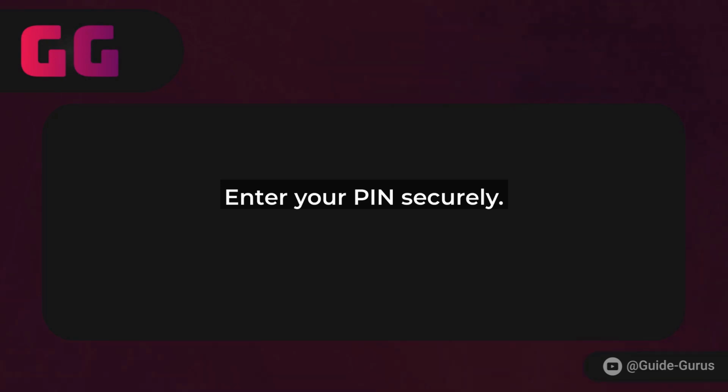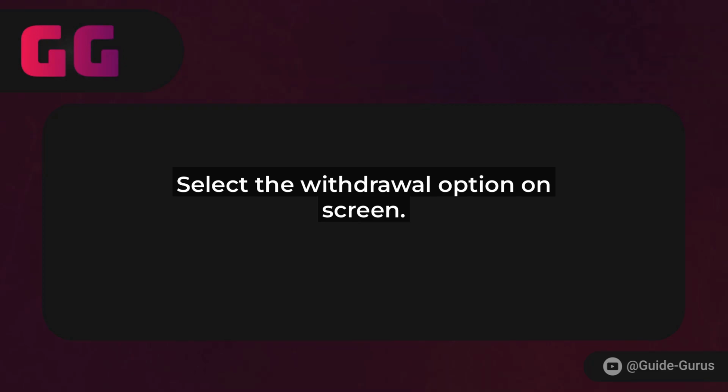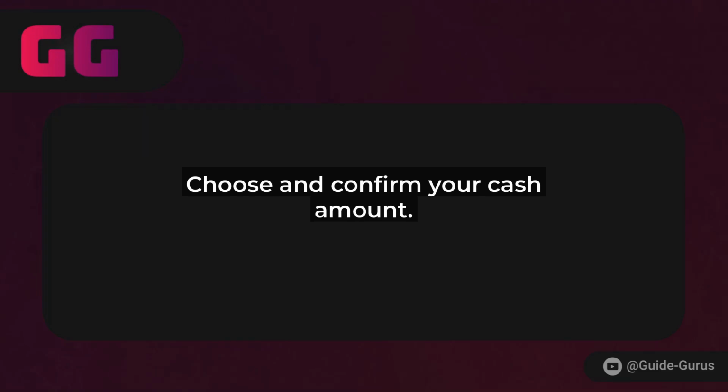avoid prying eyes. After entering your PIN, the ATM screen will show you options. Select Withdrawal or Cash Withdrawal from the menu. Then, choose the amount you want to take out. Remember, there might be daily limits set by Cash App, so keep that in mind. Once you confirm, the machine will dispense your cash.